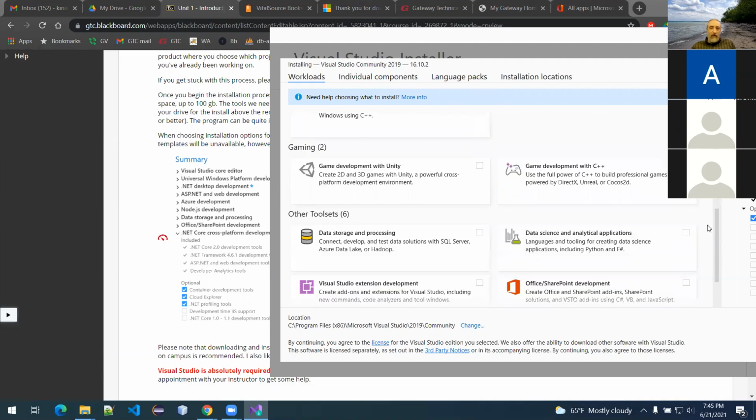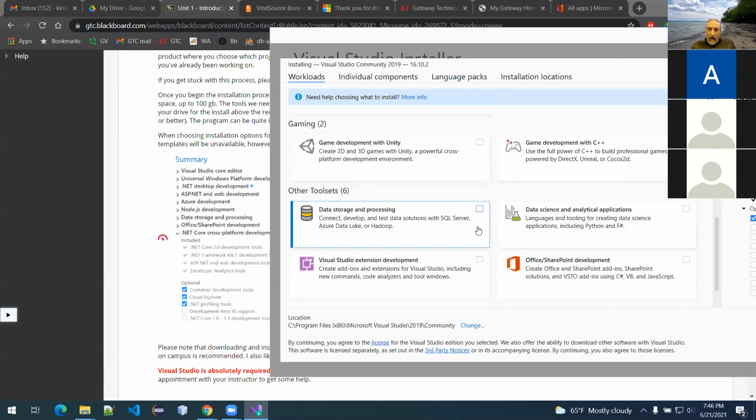Some of you may also have been working on some of the gaming certificate classes that we have here, in which case your instructor will probably guide you to install the Unity engine. So if you were doing game development, the tools are here, folks, and those are two fairly large libraries. I am avoiding them currently. I am going to go ahead and